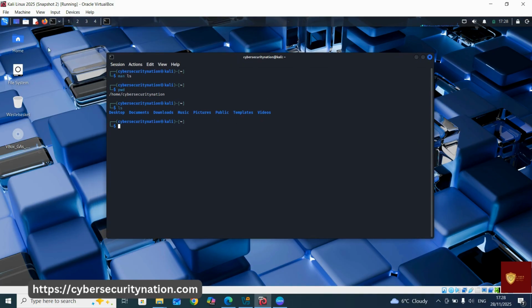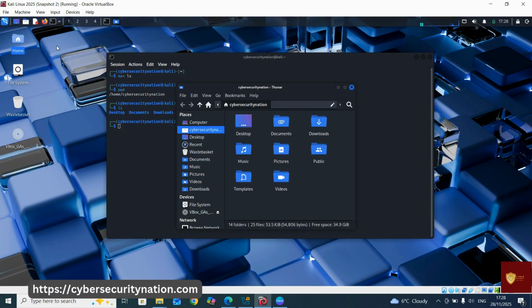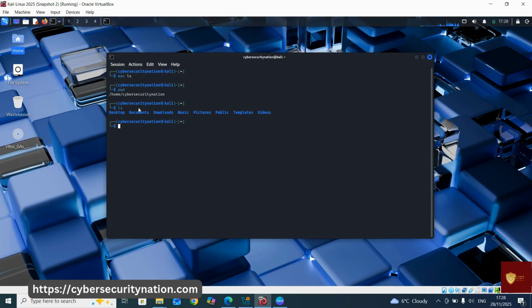And mind you, we can also view them here. Just right click on your home directory on your desktop, click on open. So you can compare. You see here we have desktop, documents, downloads, music. So it's the same,